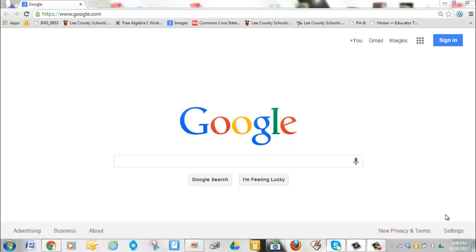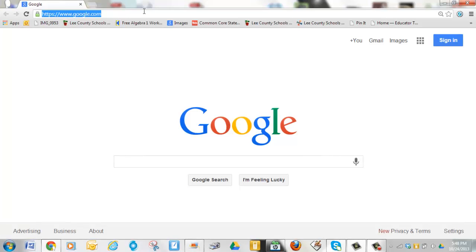In this way you'll be able to play this over and over again until you've got it down about how to retrieve the reports and get them out. So let's go ahead and get started. My window is open right now to just Google. I'm in Google Chrome, which is the browser that I normally use, but Performance Series Testing works with IE as well as Firefox. We're going to first go to the Performance Series website, which is